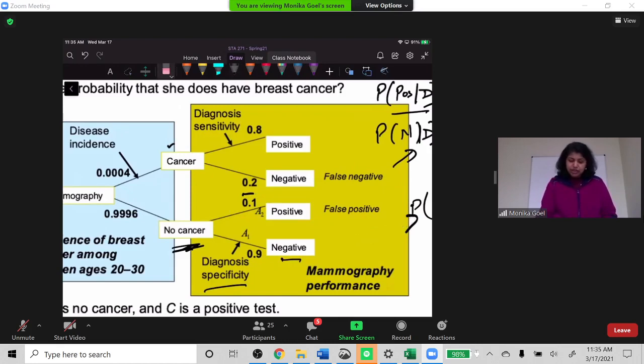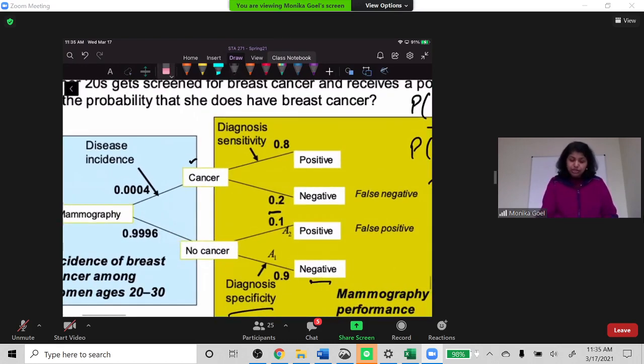So when we look at the Bayes rule, or the tree diagram, let's say, it says that there is a disease and there is no disease. There are 2 branches, one with the disease, one with the non-disease. And the probability of the disease is given to us, which is 0.0004. If we know this part, we can calculate this. If it's not given, you just subtract from 1 and you get this. The sum of these 2 branches should add up to 1 whole. So first part done. So how do we write these in probability notation?